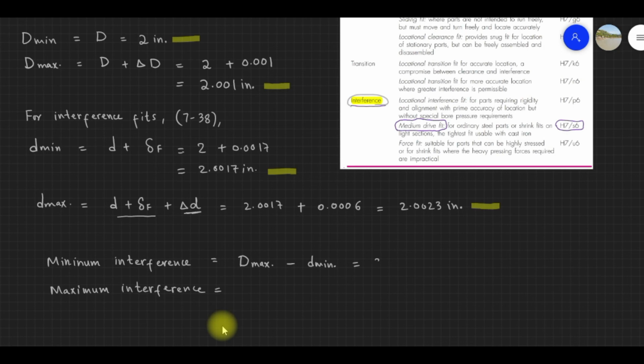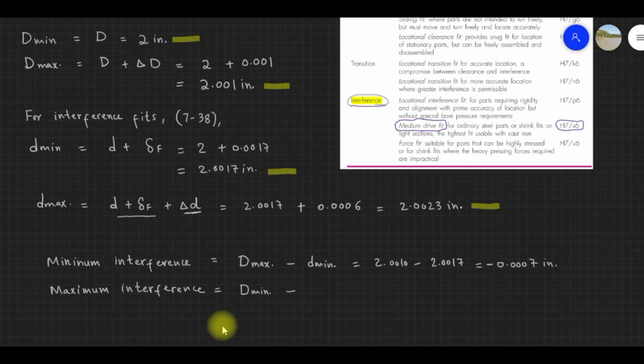And this turns out to be 2.0010 minus 2.0017, and the answer would naturally be negative 0.0007 inches. So this negative sign here confirms that it is an interference fit,